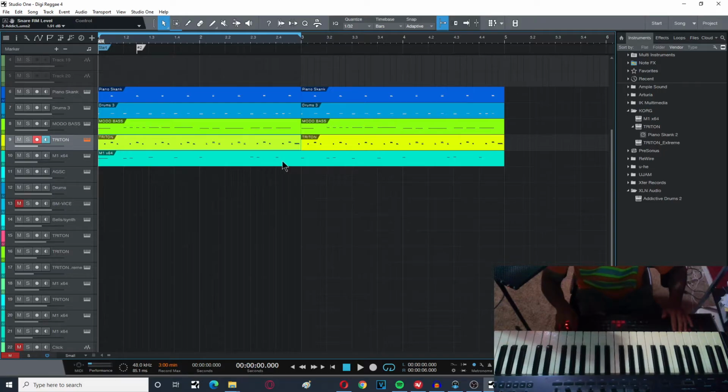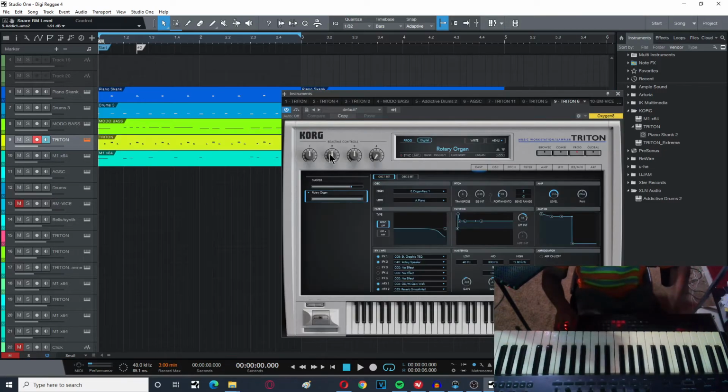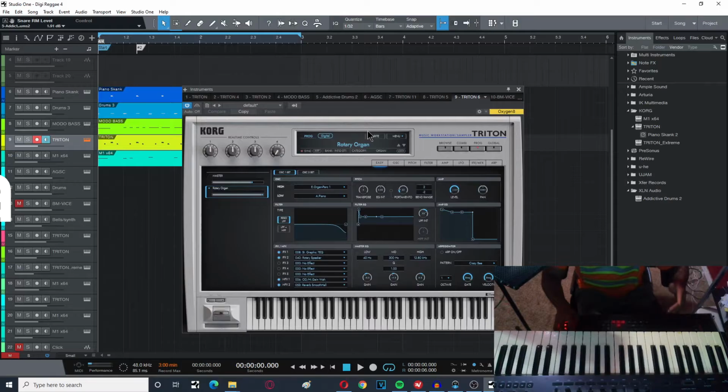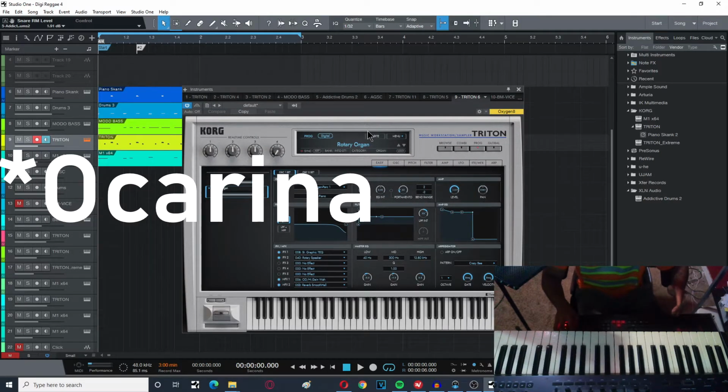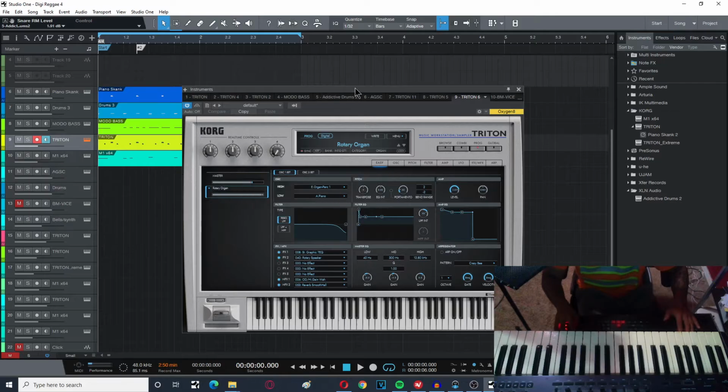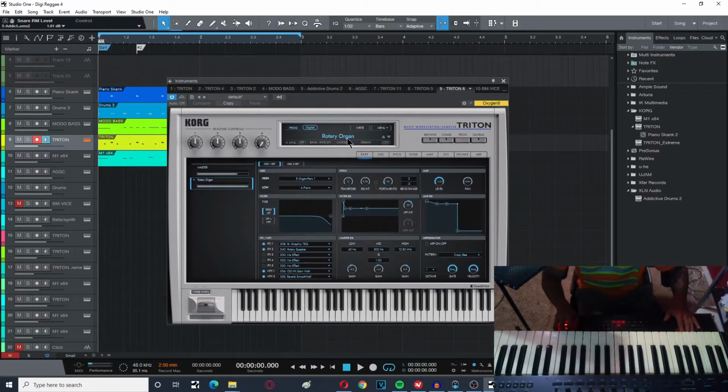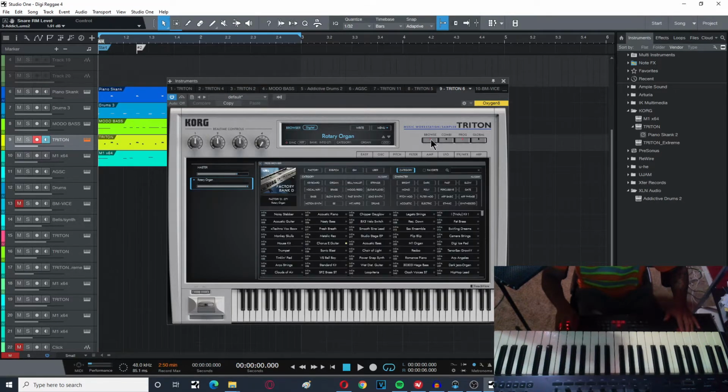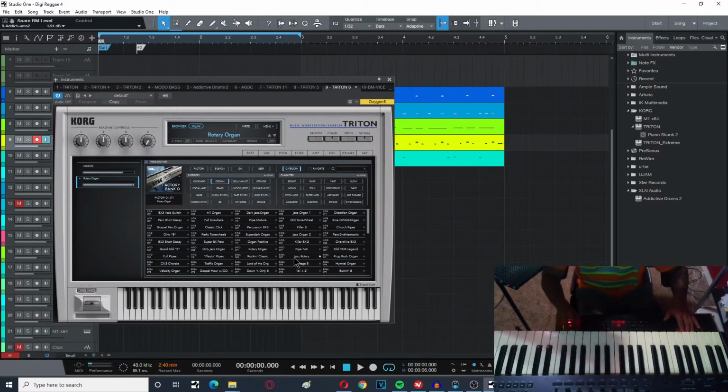For the bubble, you can usually use ocarina, or I forgot what it's called, or a rotary organ. So let's go back to the browser and the organ section. I usually use the jazz rotary or just the rotary organ. Sometimes I like the jazz rotary because it sounds more